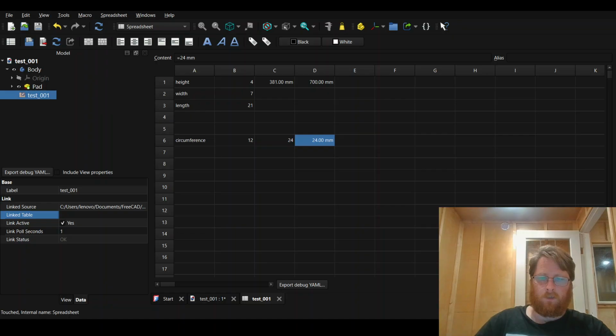So I've changed my formula, and I'm going to flip back to FreeCAD, back to LibreOffice, and Control Save, triggering the poll, and now it has made the conversion into millimeters. There are a number of other features I am working on adding, but if there is anything in the spreadsheet, oh, actually,